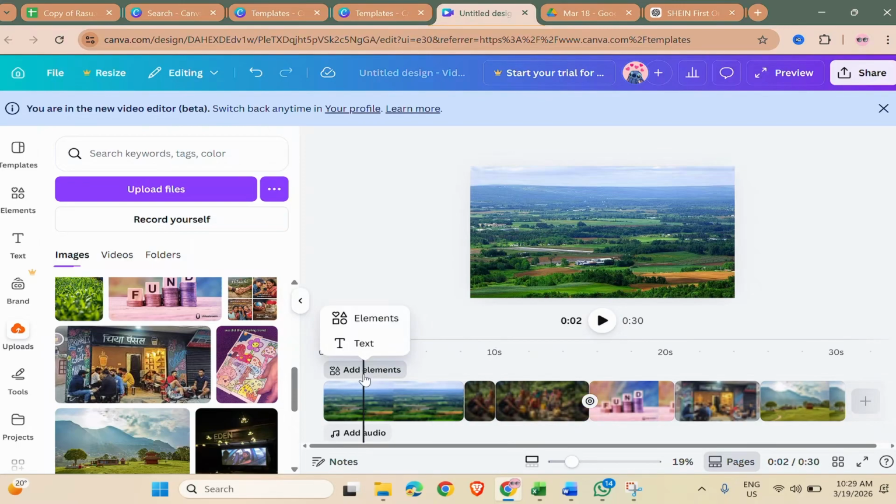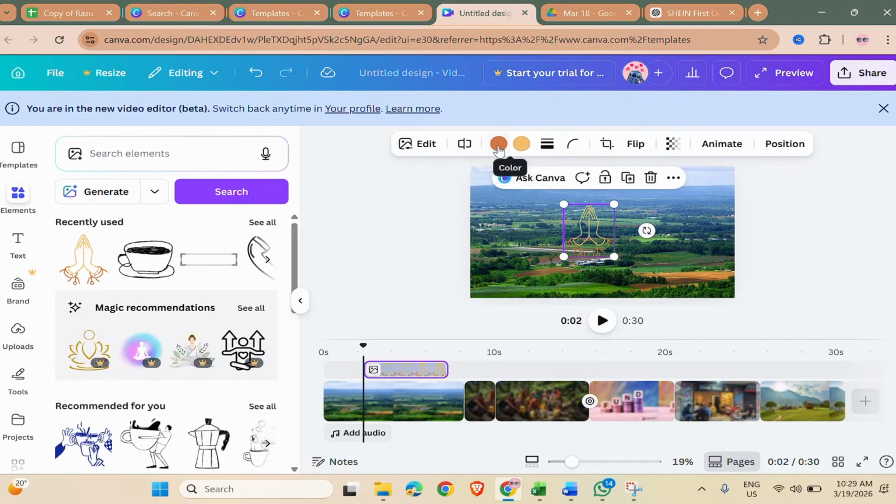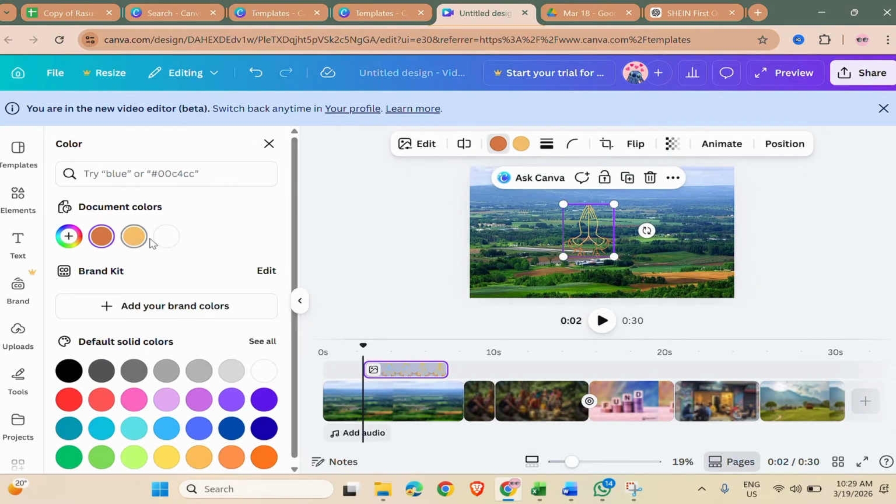You can add various elements if you want to. Go to elements, you can just drag the element, you can change the colors, and